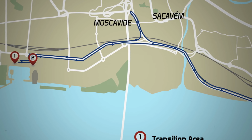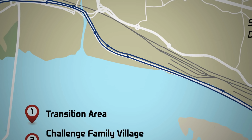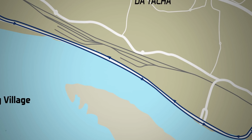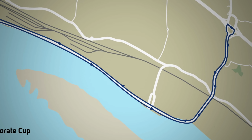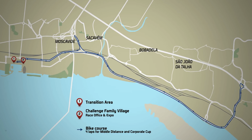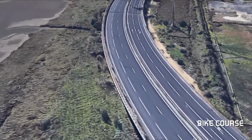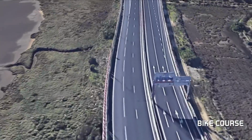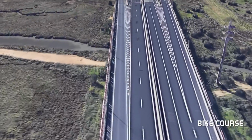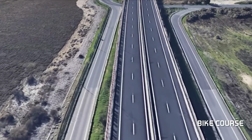The bike course is mostly flat, with just a 1 kilometer uphill section in the middle of each lap before the turnaround point. This uphill section averages just a 6% incline, so it's a very fast course. Most of the bike is done on a freeway that will be completely closed to traffic during the race. Bikes cannot enter this freeway on normal days, so you won't be able to practice on this portion of the